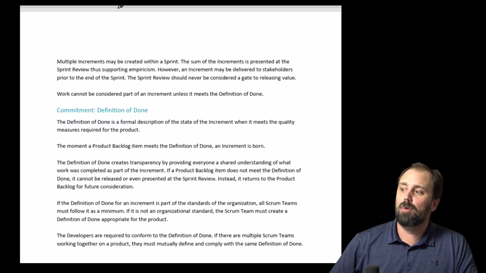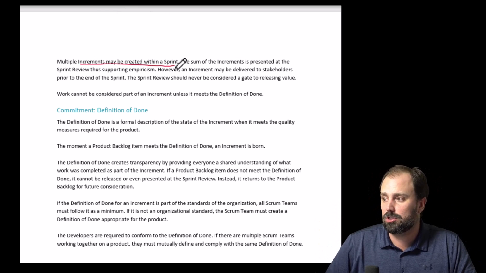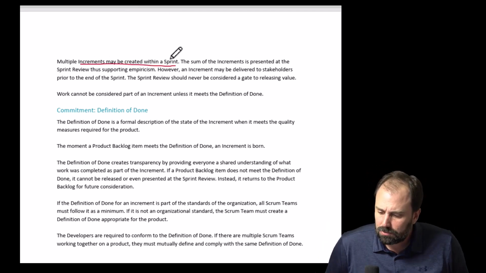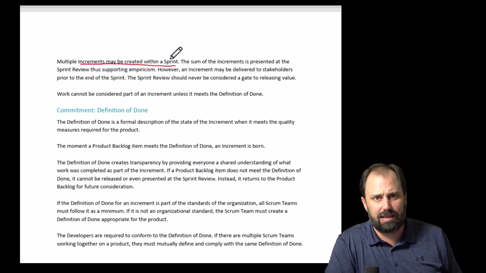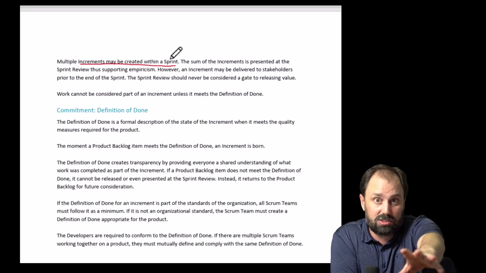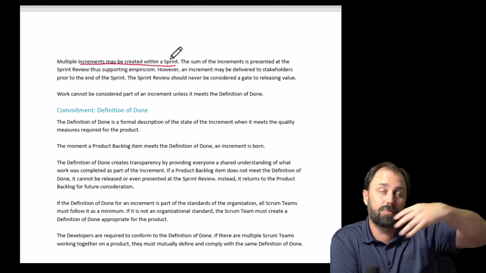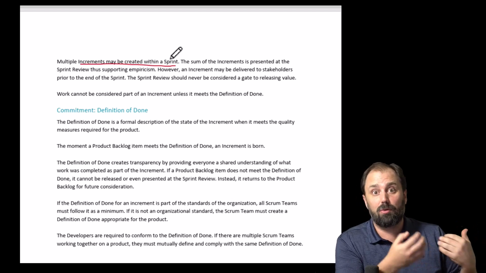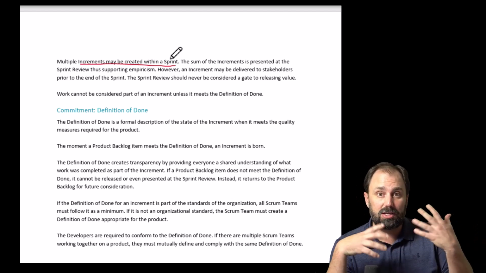Okay? Multiple increments may be created within the sprint. We are currently in a sprint right now, my team and I. They are a couple days in, and they have one of the features that is going to be released to you out there in TV land, or students, and it's a couple days in. It's ready. I reviewed it this morning. We found some issues.